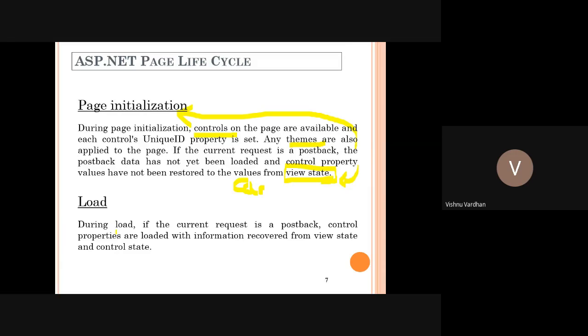Okay, so then one more trigger is load. Load is loaded with the information recorded from the view state and control state. Okay, so whatever the default values are getting loaded from view state, but from the programmer side, if anything is written manually, they will be again taken care of during this load method.